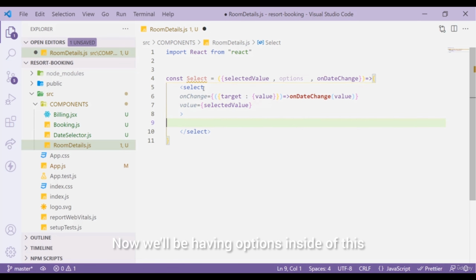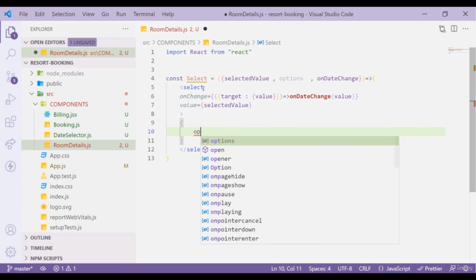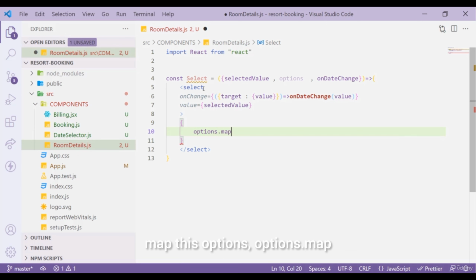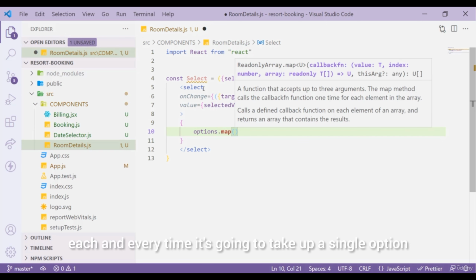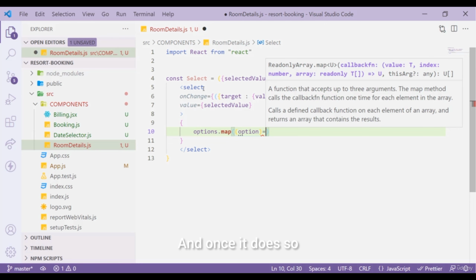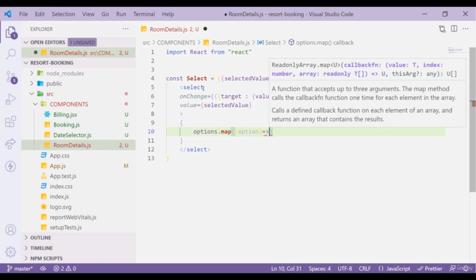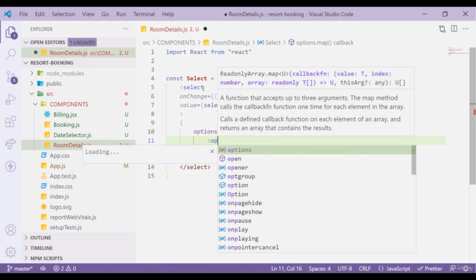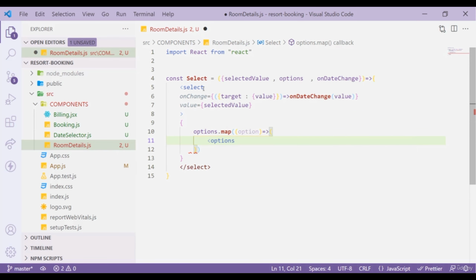Now we'll be having options inside of this that's going to be mapped over. So we'll be creating a const with options. So let's first map this, options.map, and inside this map, each and every time it's going to take up a single option, and once it does so, it's going to make sure that it returns that option. So option,